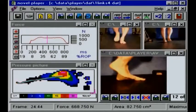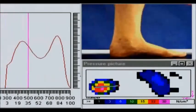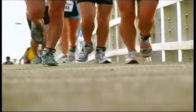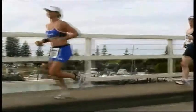Women runners turn out more than men throughout the entire stance phase of gait. This means that for athletic footwear, touchdown angle and recognition of the difference in touchdown angle is absolutely critical. The forces generated by women runners are also different to men. Women exhibit greater impact forces than men, and their knees flex